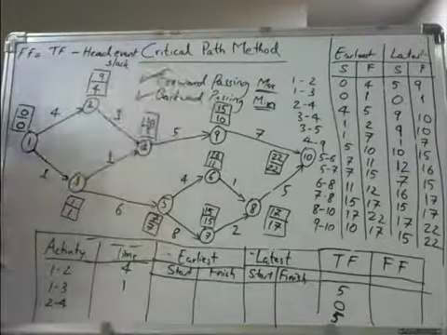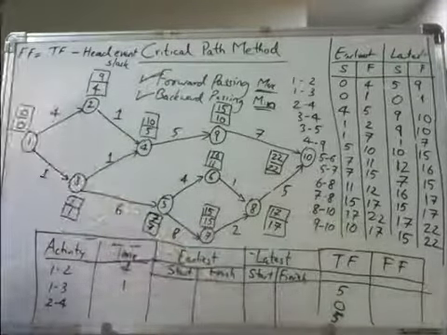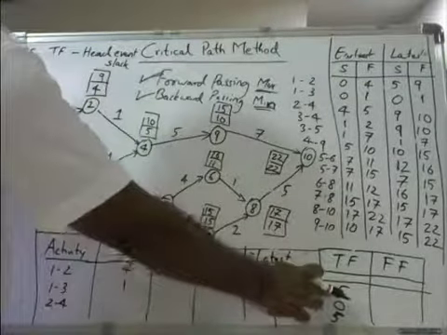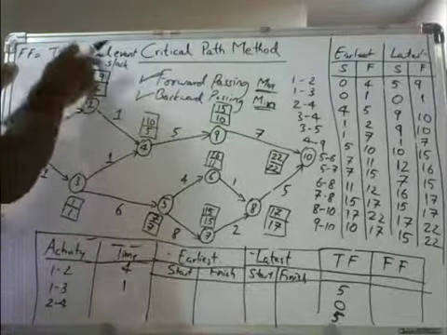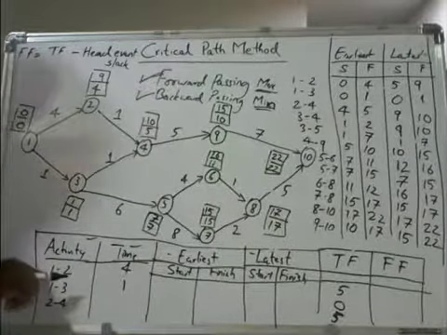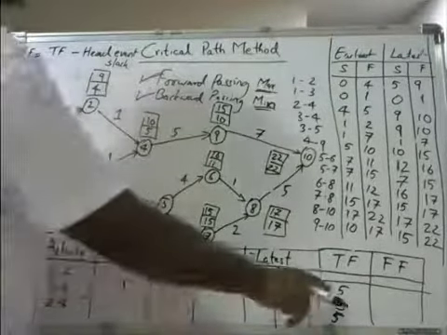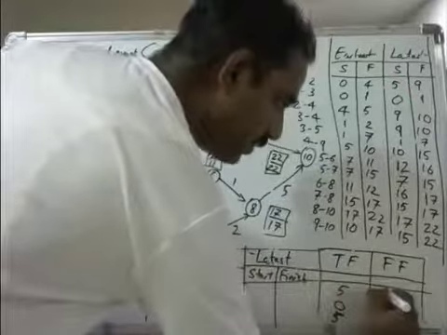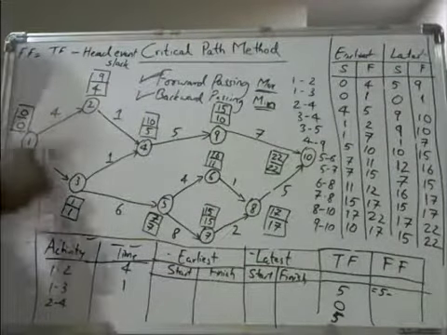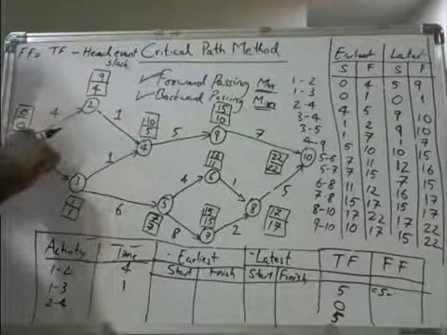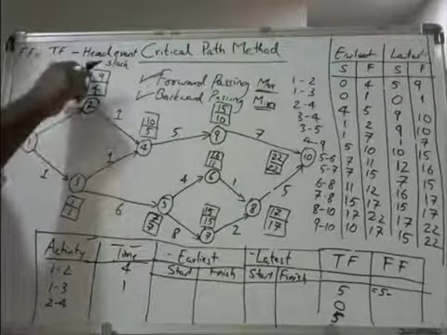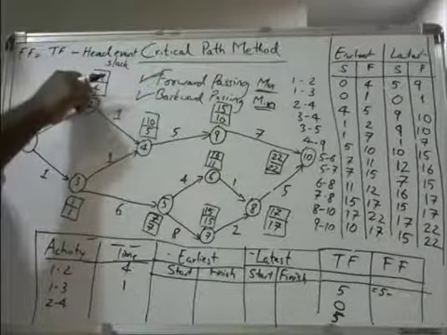Now I will give an example. I will give 3 examples, and you have to do the rest. Total float is already there for the activity. You need to find out head event slack. How to calculate head event slack? For the activity 1 to 2, total float is 5. So I will write here, is equal to 5 minus head event slack. Head event slack is from 1 to 2, at the ending event, so head event slack is 9 minus 4.